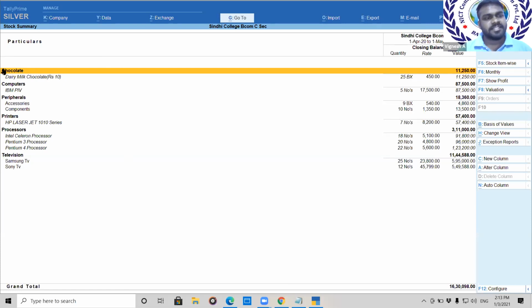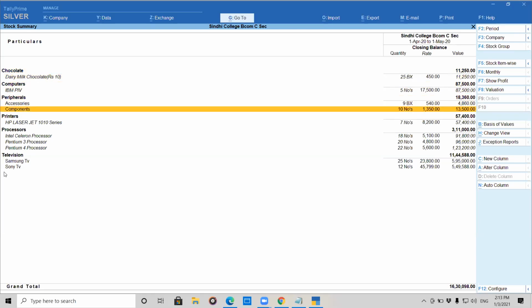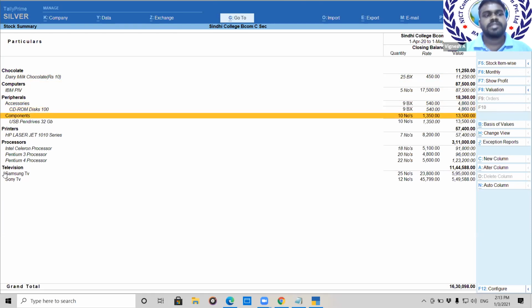No problem, it can mix. Only the structure I wanted. Total is not an issue at all for me. Only the structure, how you have created it, is important for me. Okay, sir. If you see under peripherals, I've created two subgroups as accessories and components. In this way, it should have been. Yes, like that it is there, sir. That's okay. Totals are not an issue for me. You just need to know how to create the points and masters. Okay, sir.